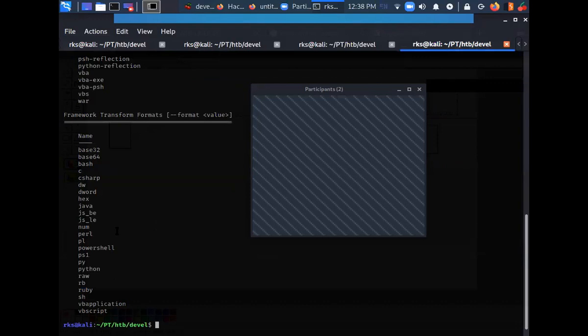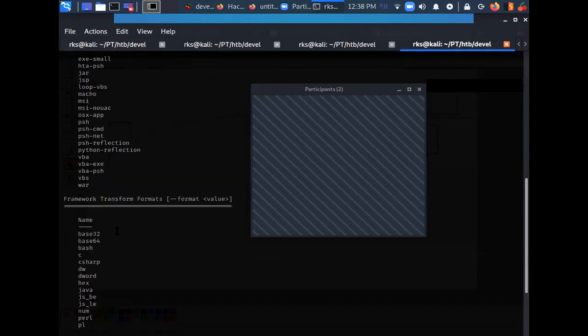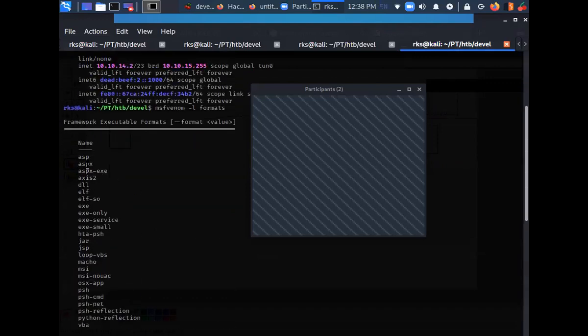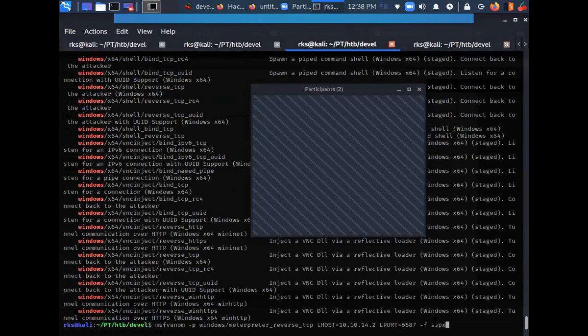Here we can see a variety of formats available to us, but we are going to use ASPX as we are targeting the IIS. So the format has been specified here.